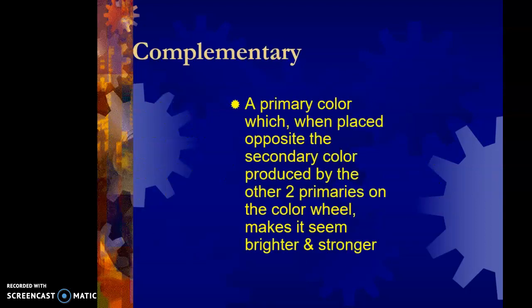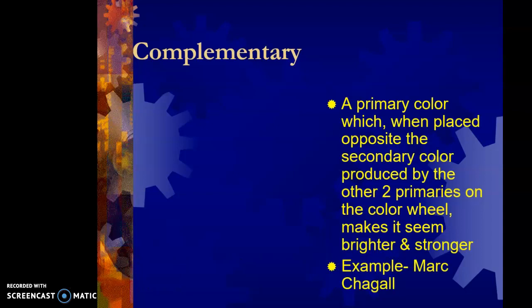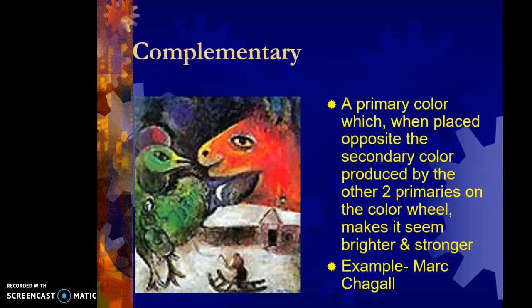Now, complementary colors, this is when a primary, which when placed opposite the secondary, produces the other two primaries on the color wheel. So what it does is it takes those opposite colors, we talked about the red and the green or the orange and the blue, they make each other brighter and stronger. This example by Marc Chagall with the green chicken and the red donkey, very good example of use of complementary